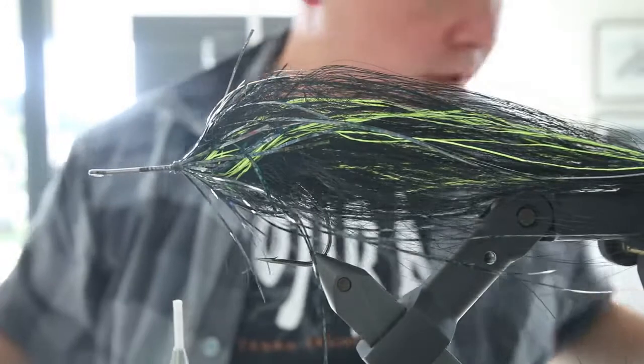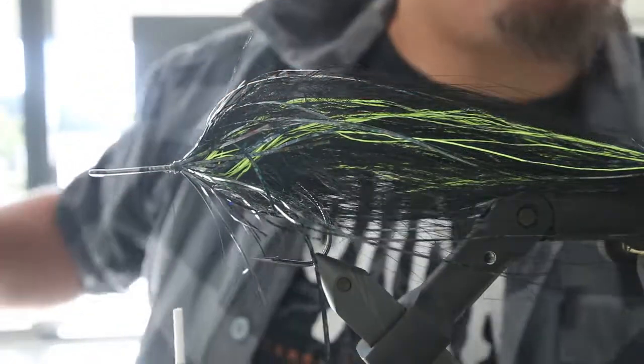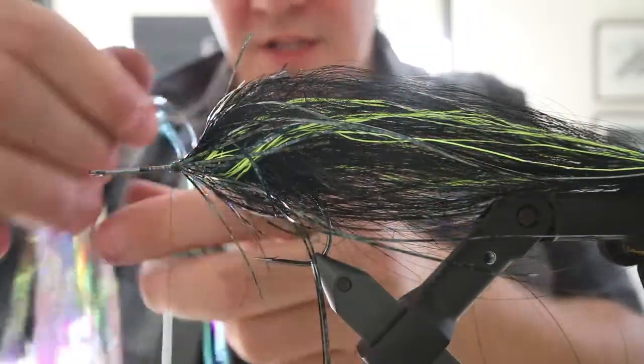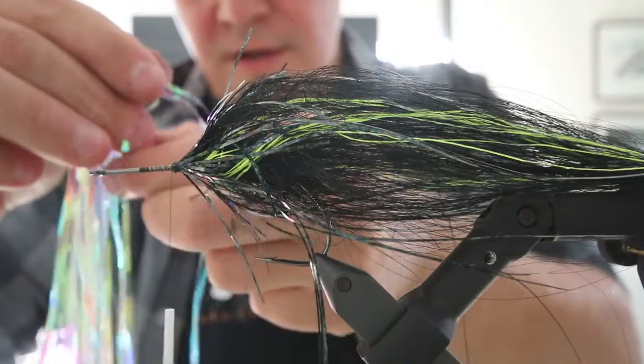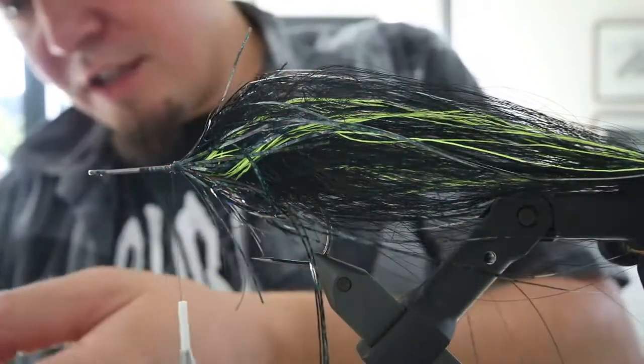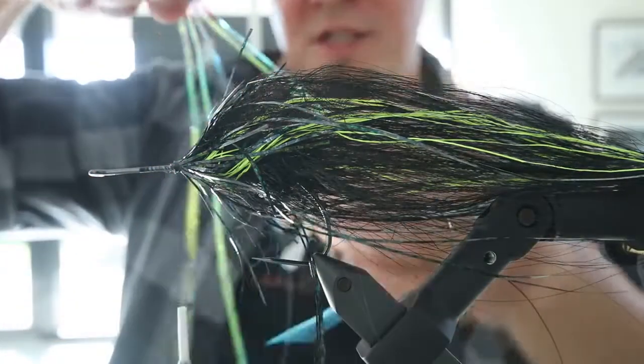Good. Next up is, where are those? Another thing that is meant to add a lot of contrast. I'm going to add some of these lateral scales. Lateral scales is an even wider flash that has kind of a ruffled, crinkled surface,